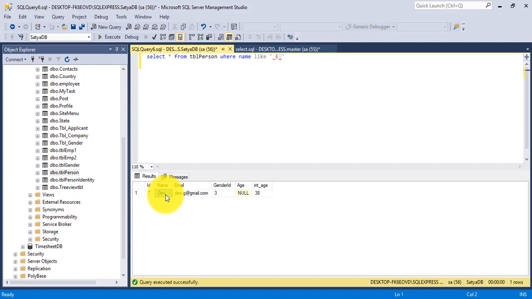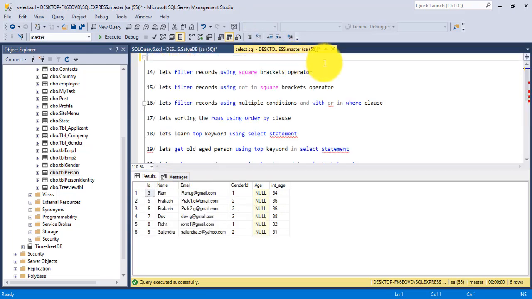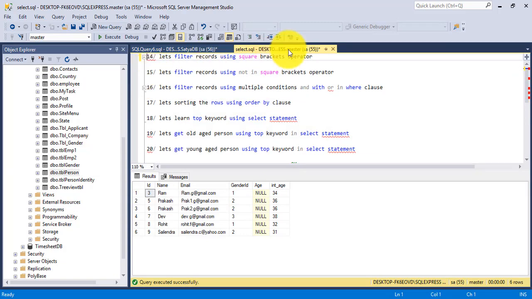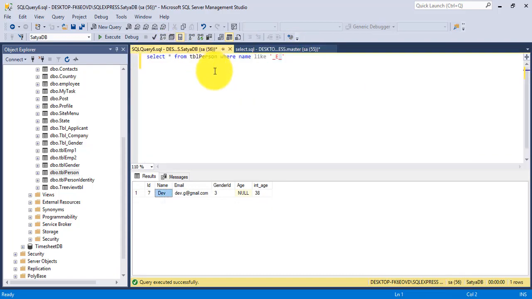So that is all about the underscore operator using the where clause. Let's discuss my next point, point number 15: filter records using the square bracket operator. How do we use the square bracket operator for filtering records using a select statement? I'll tell you. Same statement: select star from table person where name like